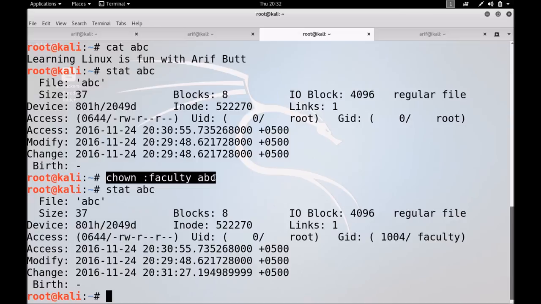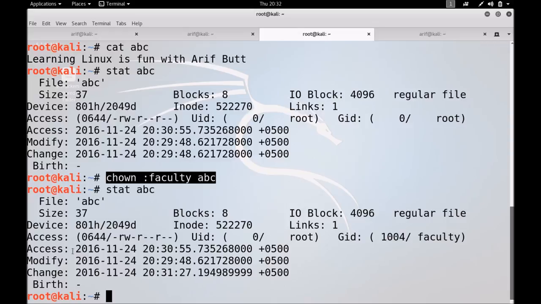So let me sum up by saying that whenever we create a file using a program, suppose vim, it accesses the system time to provide the three timestamps to the newly created file: access time, modify time, and change time, which are normally the same at the time of file creation.